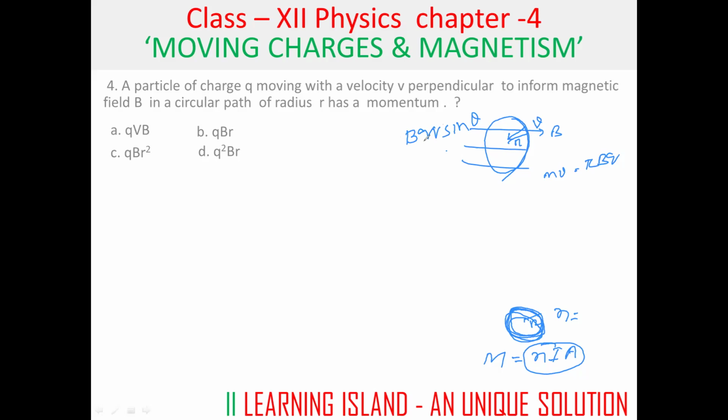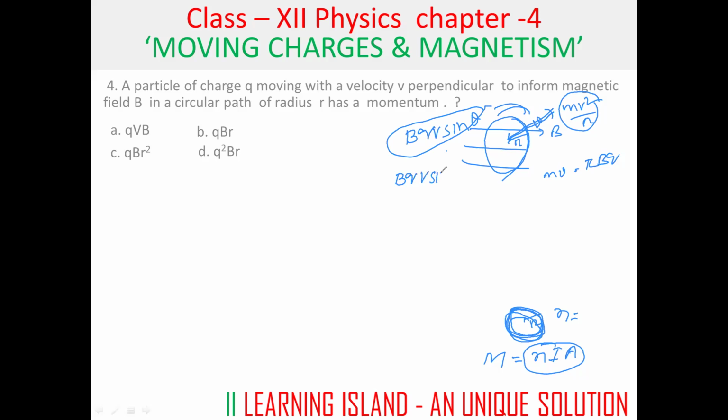Now here you know B, Q, V, and also there is a centrifugal force outward. It is mv square by r. Because if the radius is r and something is moving, it will feel a force outward. So this force must be equal to the other force. So comparing this, we can get,